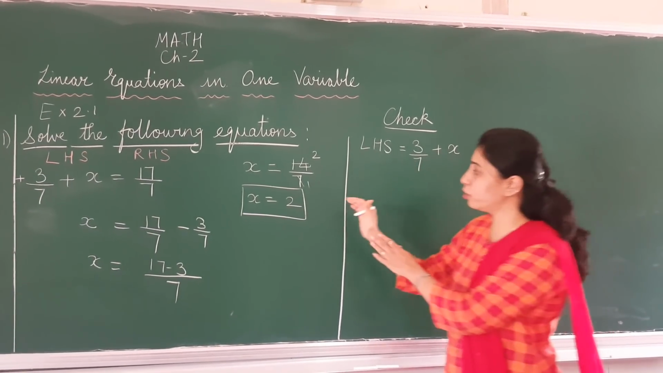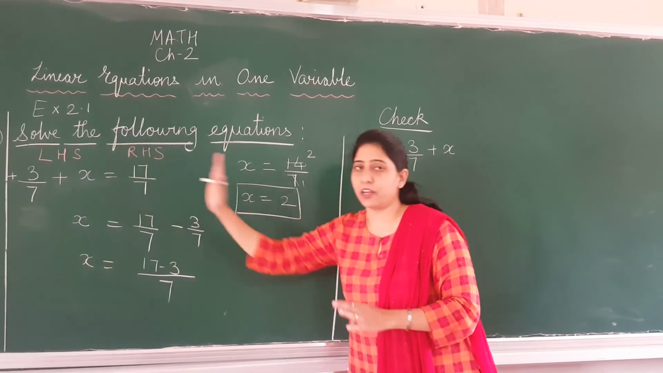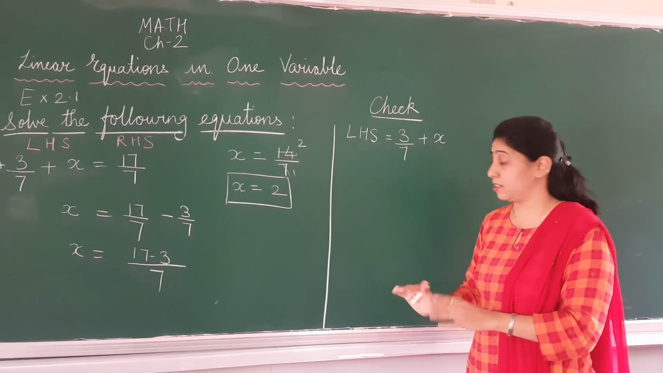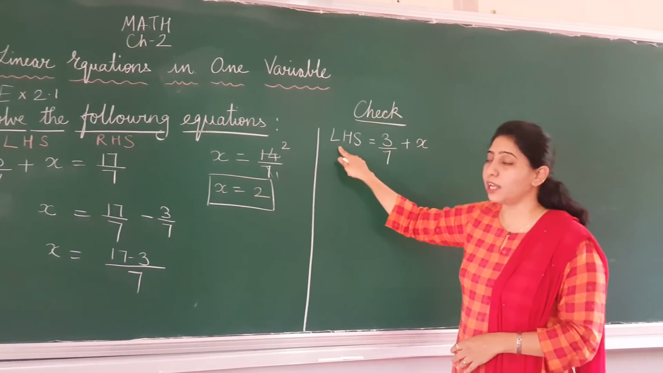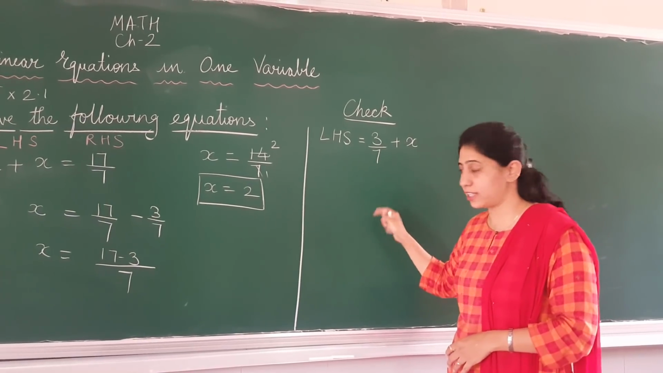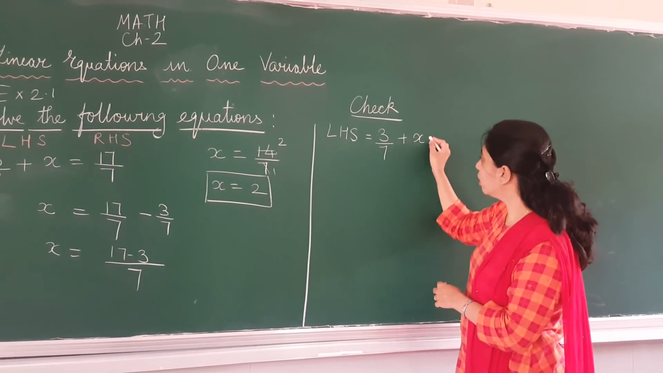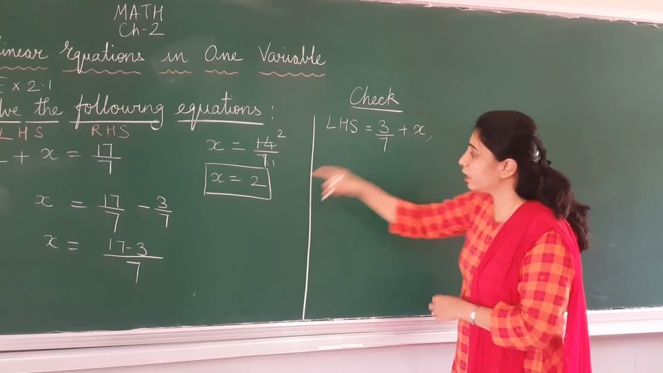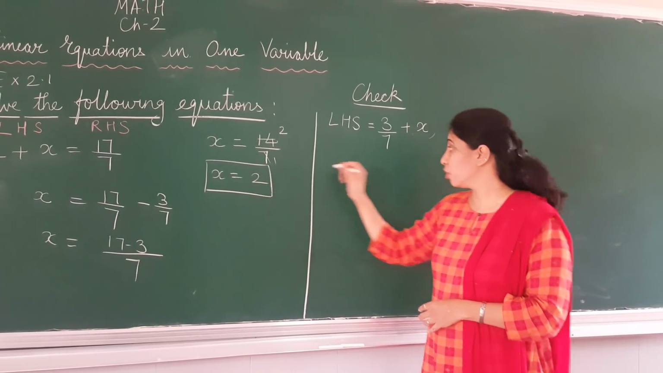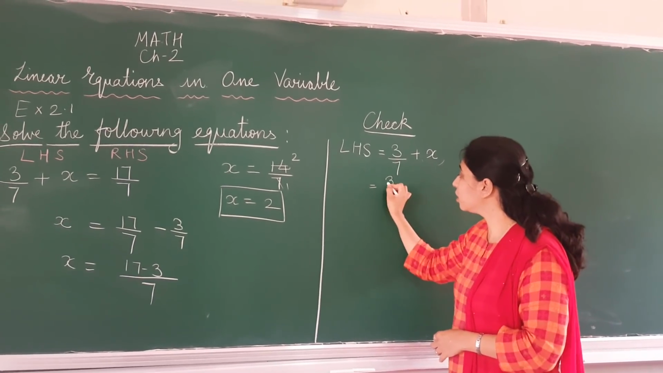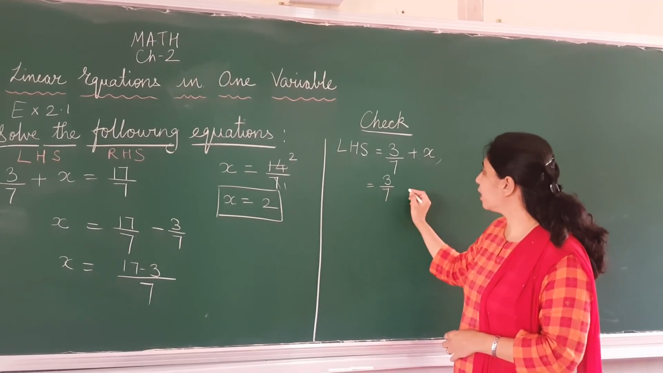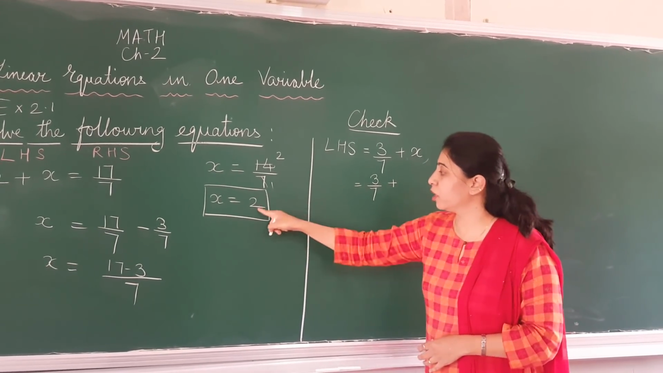You are not going to take the right hand side. You are going to take only the left hand side where the variable is. So I have taken the left hand side. Now what are you going to do? What is the value of x? Already I have got the value of x here. So you are just going to substitute the value of x. So what is the value of x? That is 2